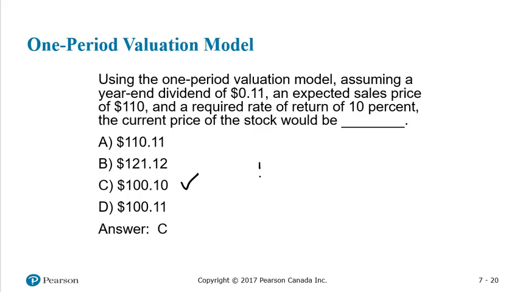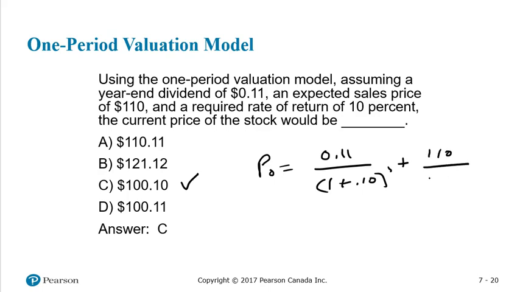So let's just write that out. P0 is going to be D1, which is 11 cents, and we're dividing by 1 plus the cost of equity, which is (1 plus 0.10) to the power of 1. And then it's plus the sale price, which is $110, and we're going to discount that by the same rate, 10%. So P0, writing it out in full, would just be